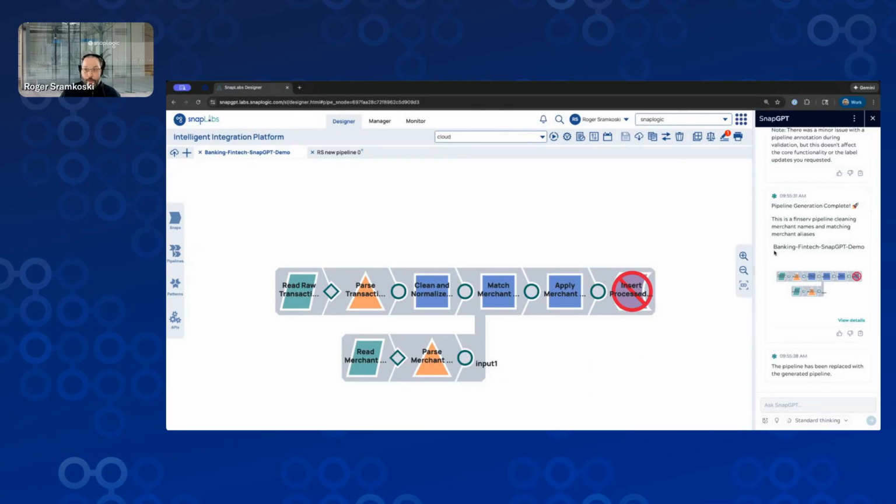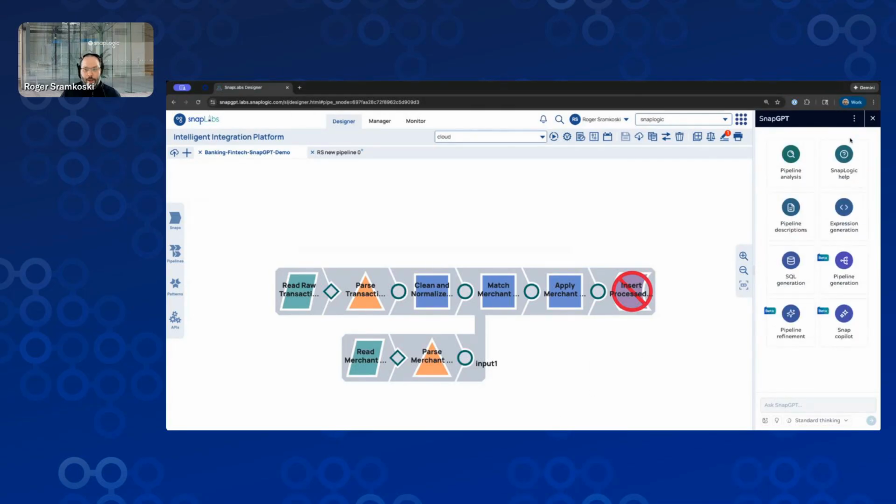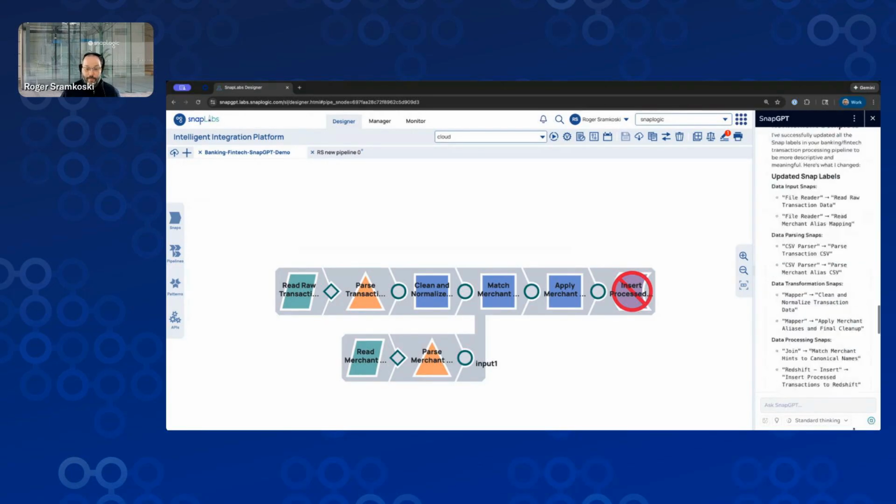All right. Let me go back to SnapGPT Home one more time. And again, I didn't have to do this. I could type it out, but I just want to do it so that everybody understands which skill we're using from the list. So comprehensive documentation for compliance, audit trails, knowledge transfers. This is usually key in financial services and other highly regulated industries. So traditionally, this means somebody writing this out from scratch. Today, I'm just going to hit pipeline descriptions, and I'm going to hit that so they can go off and